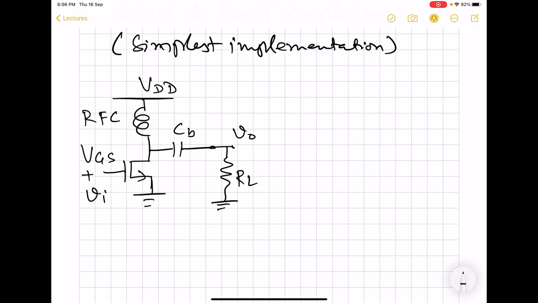So this is the simplest possible scenario for Class A. Later on, we will add the LC network here on the output side that we have shown in the previous class, but we are for the moment neglecting it. So this simplest circuit is used when we assume that